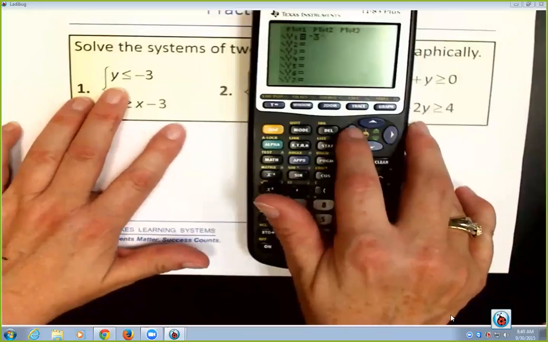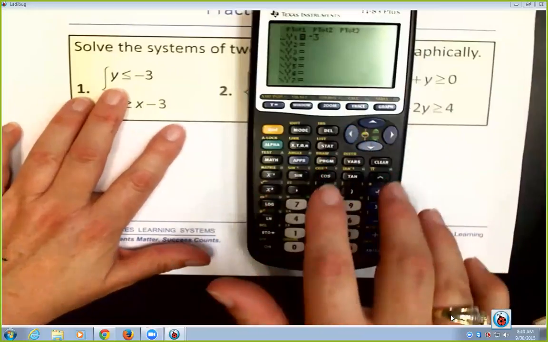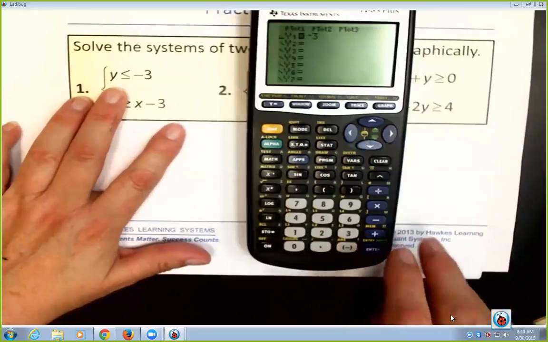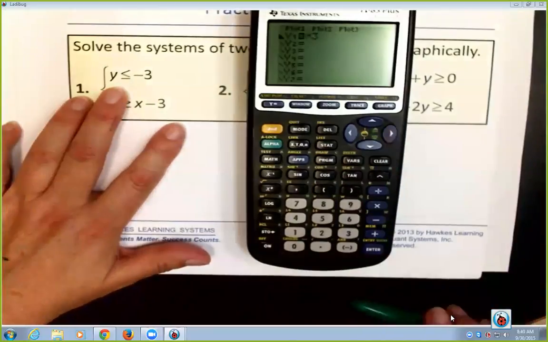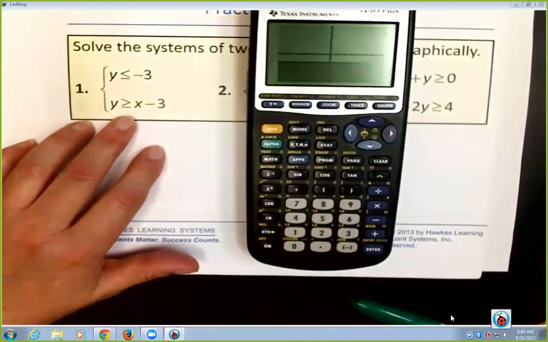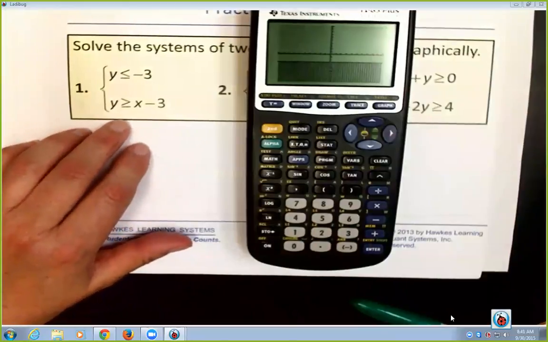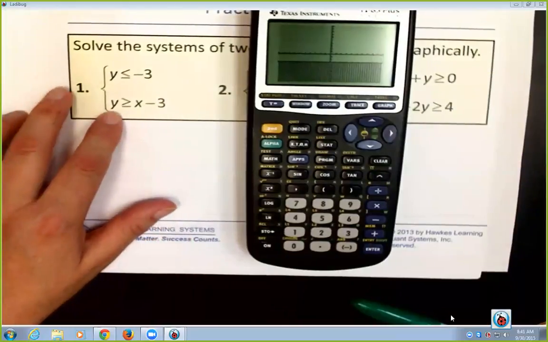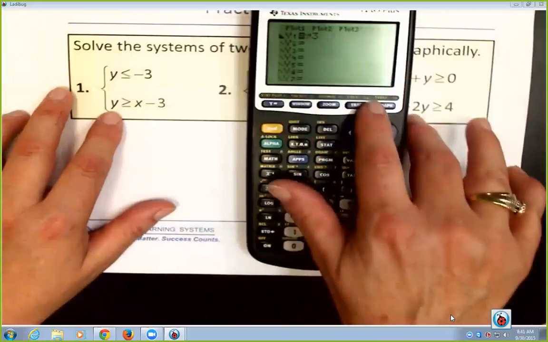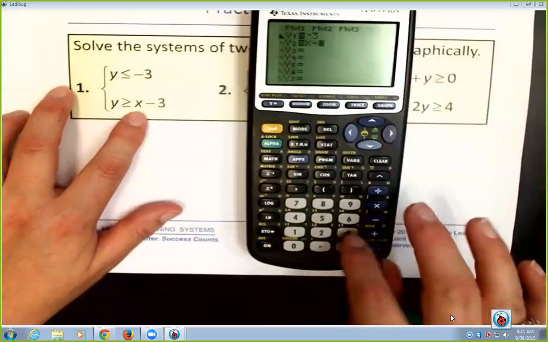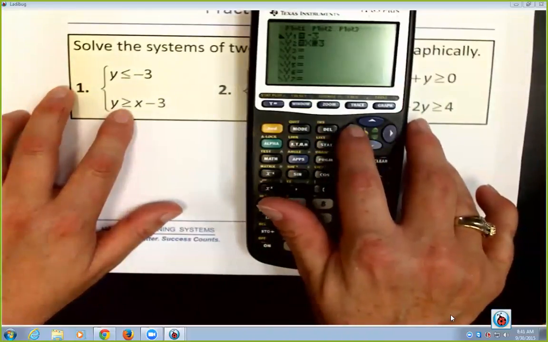Since it is a less than, go back in front of y, and I want to shade below the line. So that's the one I want. Go back across, hit graph, and it will show you your graph. So this graph is only showing that it's graphing below the line, and you've got one line that happens to be at the bottom part of that. And so then if I put the second one in, go back to my y equals, go down to 2, put in x -3, go over in front of it,